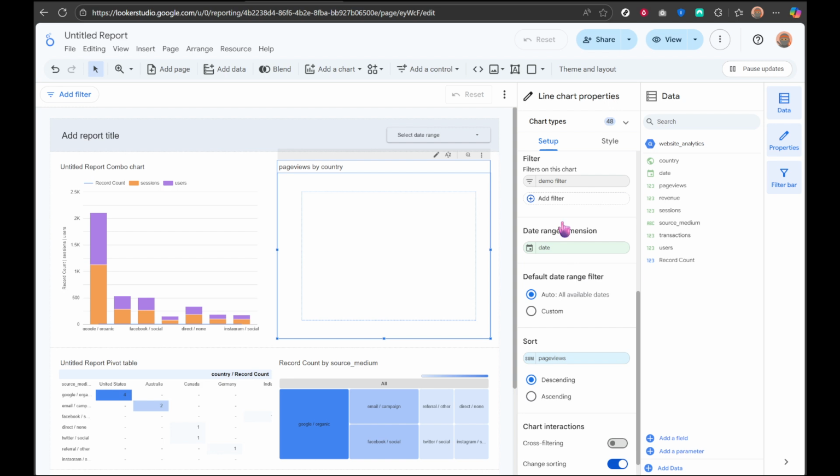Lastly, for added clarity and ease of interpretation for anyone reviewing these reports, it's a good idea to rename the metrics associated with the filtered events. Click on the pen icon next to the metric name